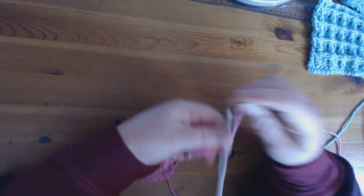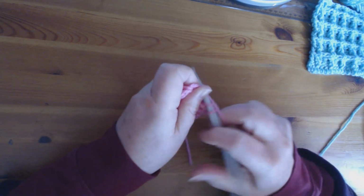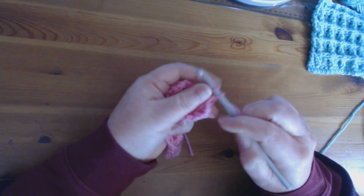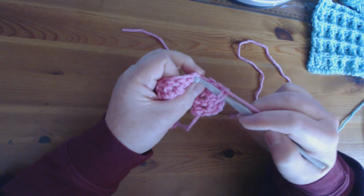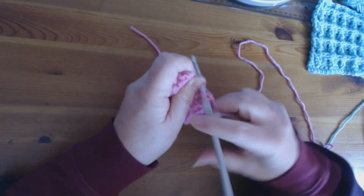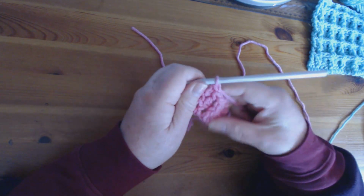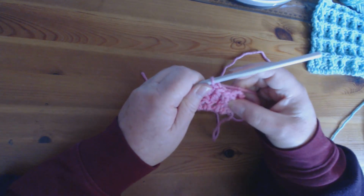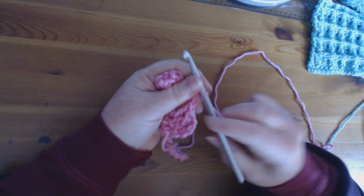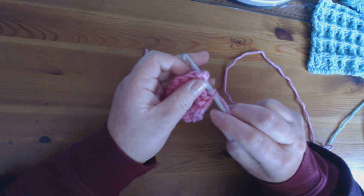And into the next 2 stitches you do a treble crochet in each of the next 2 stitches. As you may see, I don't hold my yarn and hook in the conventional continental way, but this is the very old-fashioned English way. It's just what I'm comfortable with, so that's why I use it. Doesn't matter how you hold your hook and yarn, as long as you get...